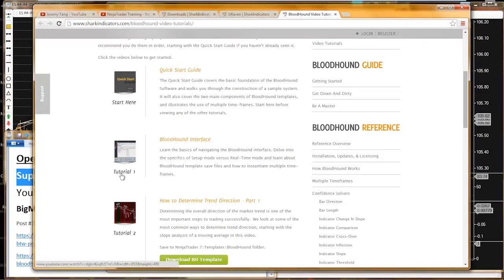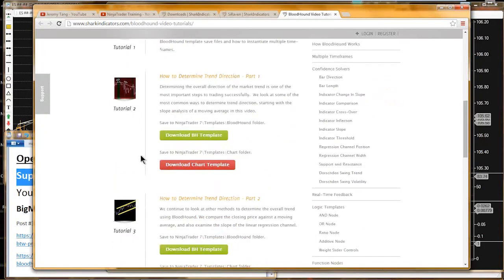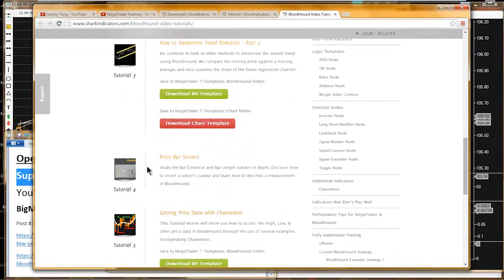This tutorial number 1 is pretty important because it'll walk you through, as it says, the BloodHound interface. All right, so that one's pretty important. The next ones here are just some simple tutorials, as we go further down,